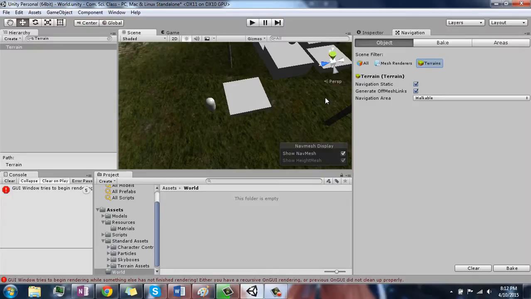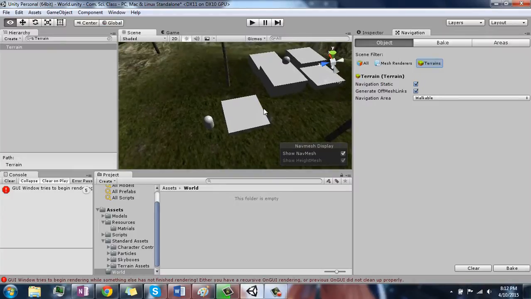So they're not going to be moving. They can be moving, but that's for another time to deal with. So make sure you check this on navigationally static. Now,